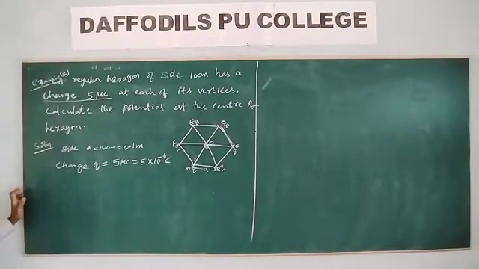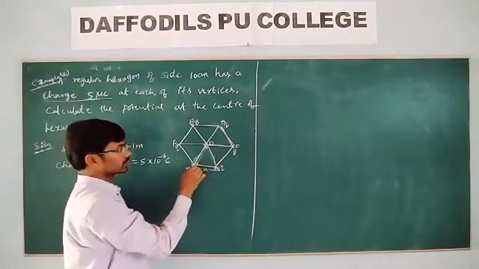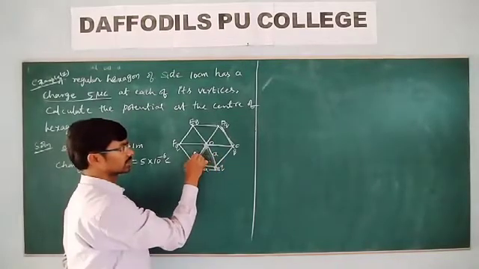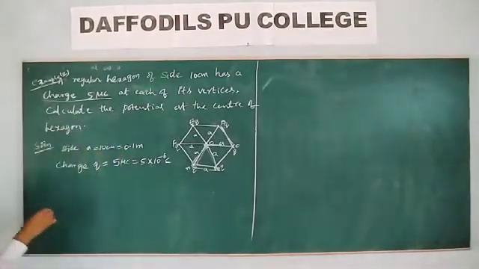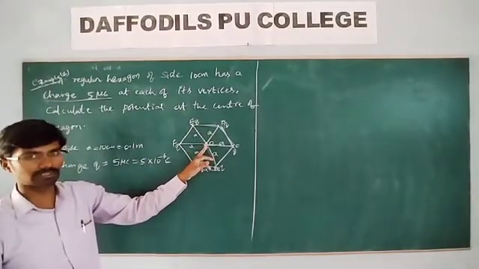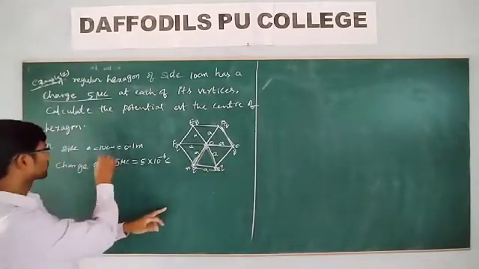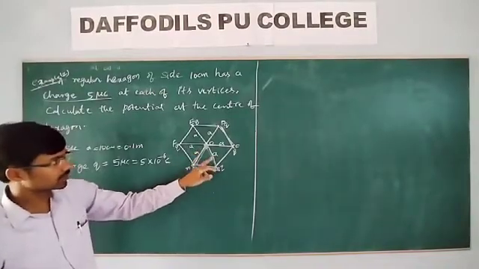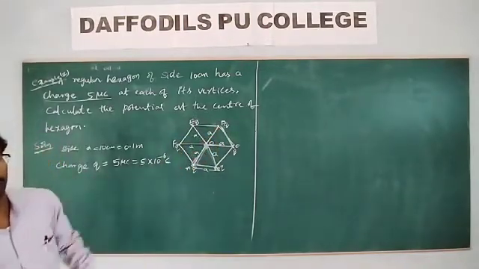Calculate the potential at the center of the hexagon. Now tell me, in a hexagon, this will be treated as an equilateral triangle. That means all sides are equal. Then what is this one? This is also A, and this is also A, this is also A, this is also A. All are same. Now, potential due to all the charges at point O, V is equal to 1 by 4 pi epsilon Q by R. R is nothing but here we have taken as A. Now 1 by 4 pi epsilon, Q by AO plus Q by BO plus Q by CO plus Q by DO plus Q by EO plus Q by FO.